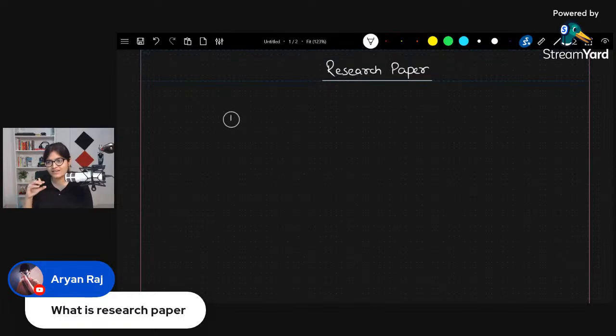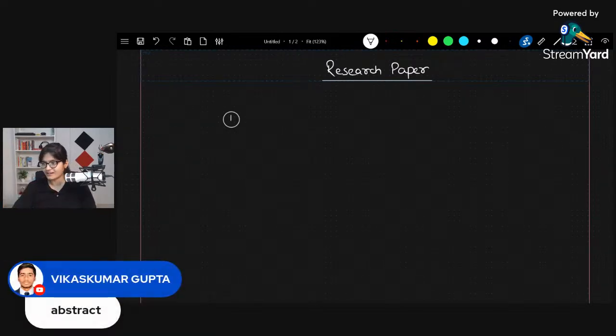So research is composed of a lot of experiments, and if you get something out of it, then you will try to write it down in the form of a paper which other people can go and check out. Okay. Now, Vikas said that the very first section is abstract, which is so true. अगर आप किसी भी research paper में जाते हैं, if you will go and observe any of the research papers, the very first section which you will observe is abstract, right? Abstract. Do you know what this abstract is all about?